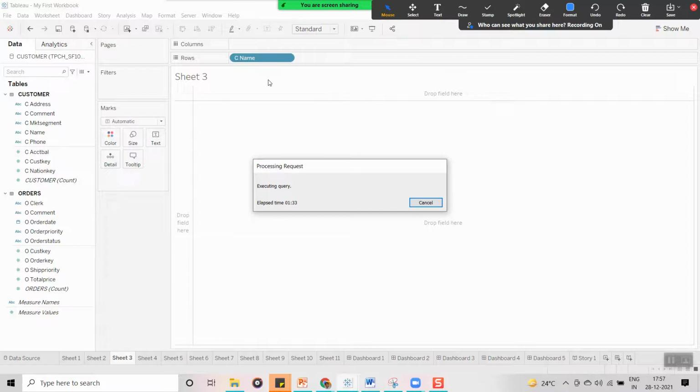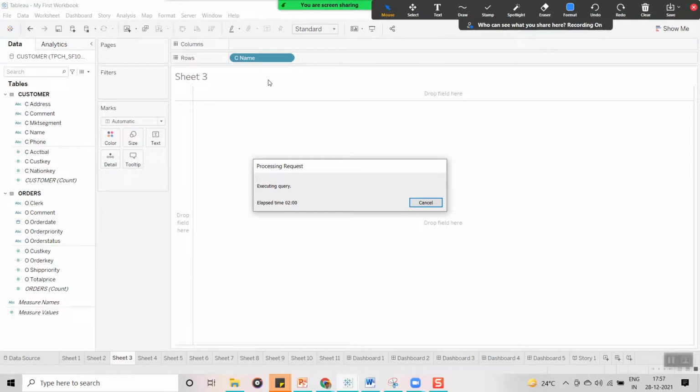Instead of fetching the data from the database, it fetches the data from the file stored on your local machine. That is how it improves the performance.